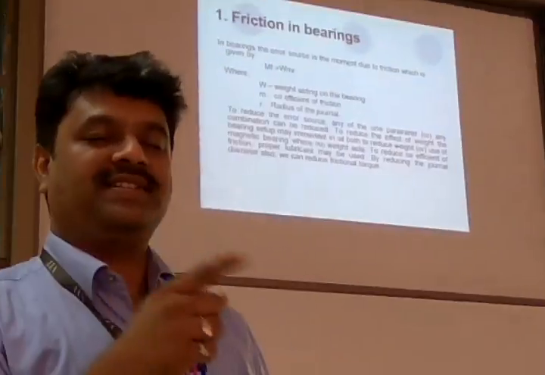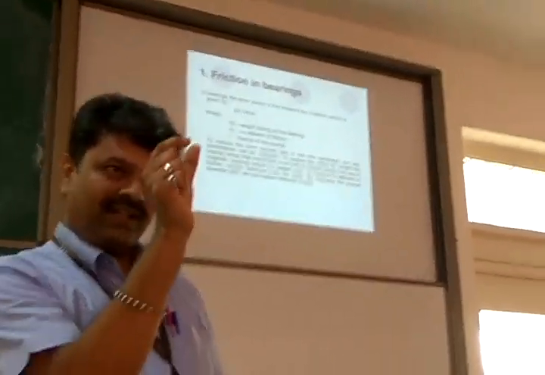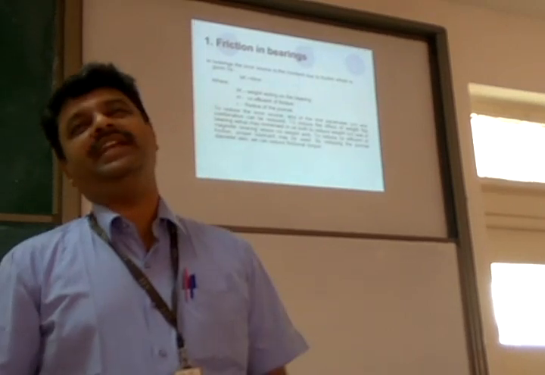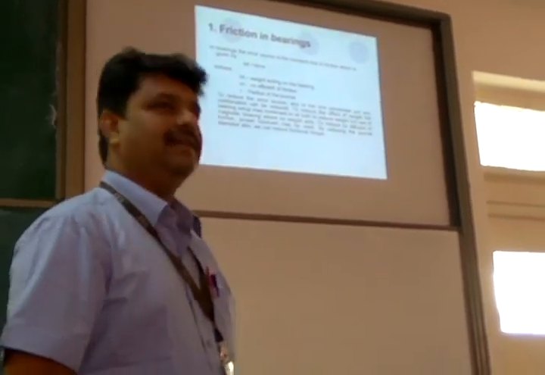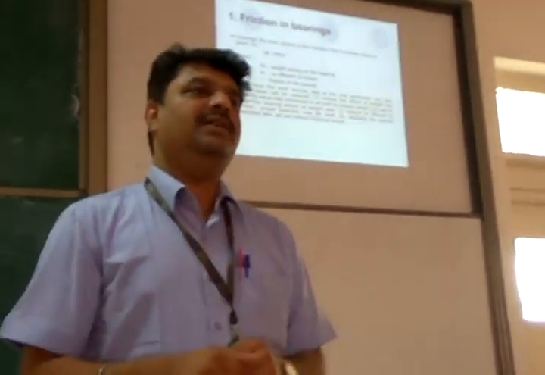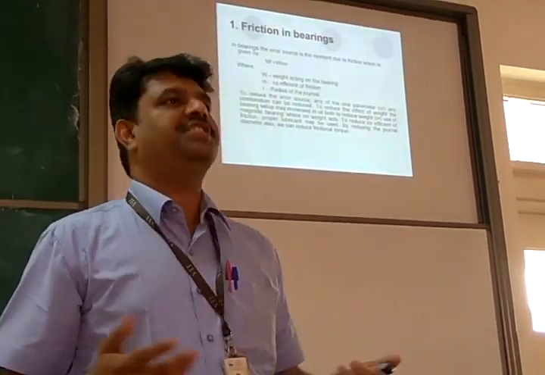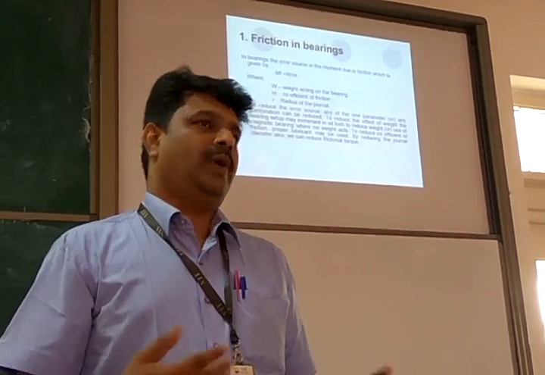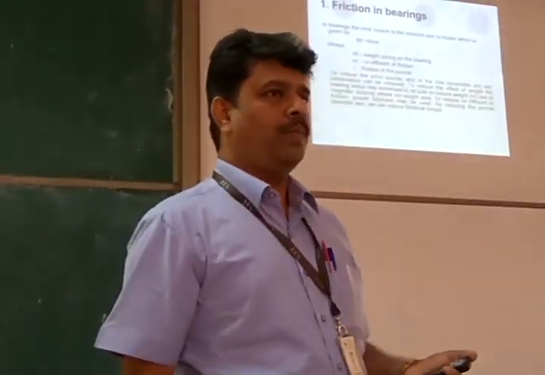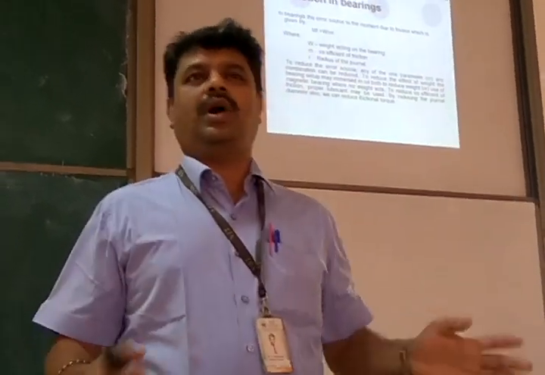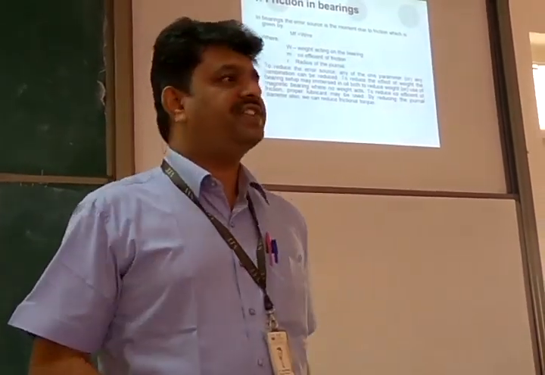The pointer scale has a shaft, bearings, and the shaft rotates, and the reading is shown by the pointer on the graduated scale. If there is friction in the bearing, and of course there will be, but if the friction is more, then your dead zone will be more, or it will not move properly. The loading effect will be more, or error will be introduced. How to reduce the friction in